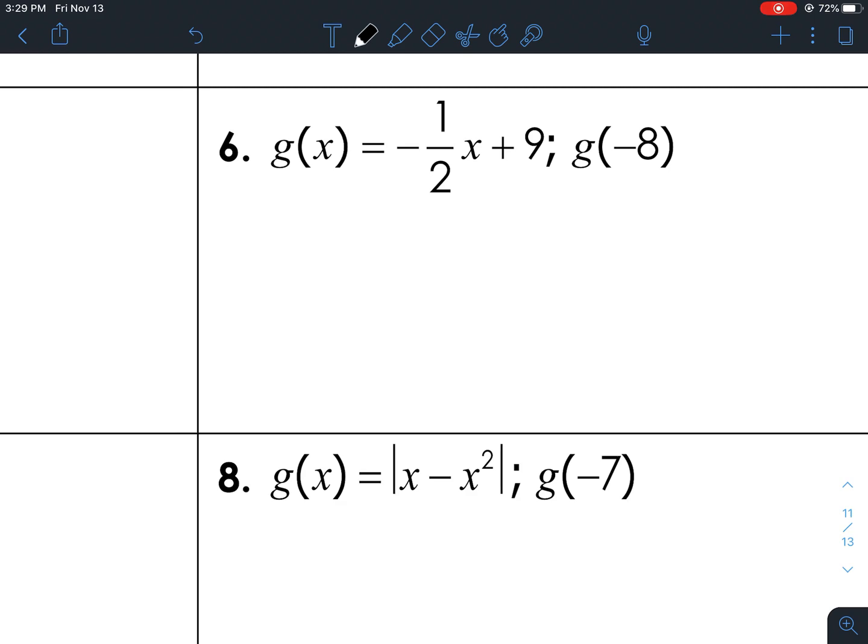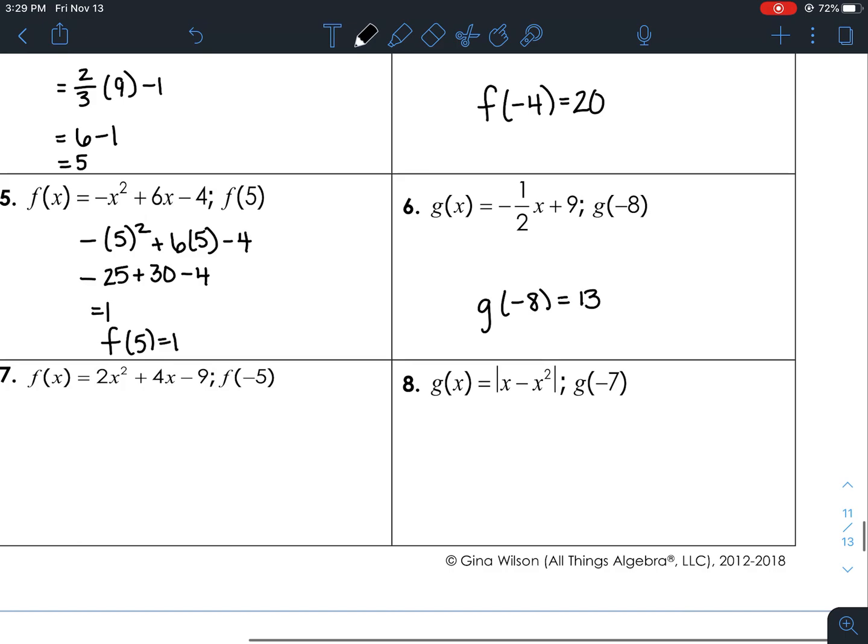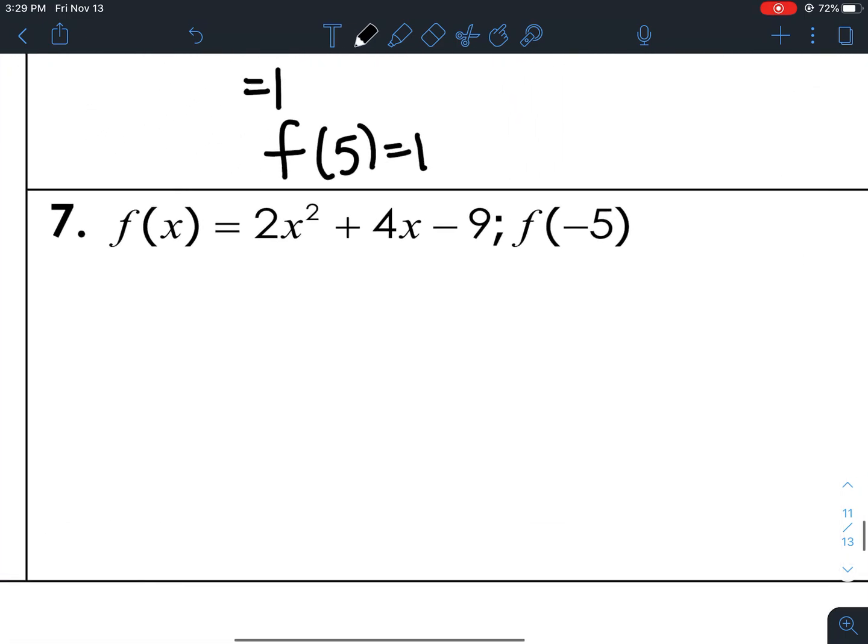6, again, you're going to plug in -8 in there. You should get g of -8 equals 13. If you ever get a wrong answer, please let me know, and we can work it out together over Zoom. 7 we'll work out together. So we're going to have 2 times -5 squared plus 4 times -5